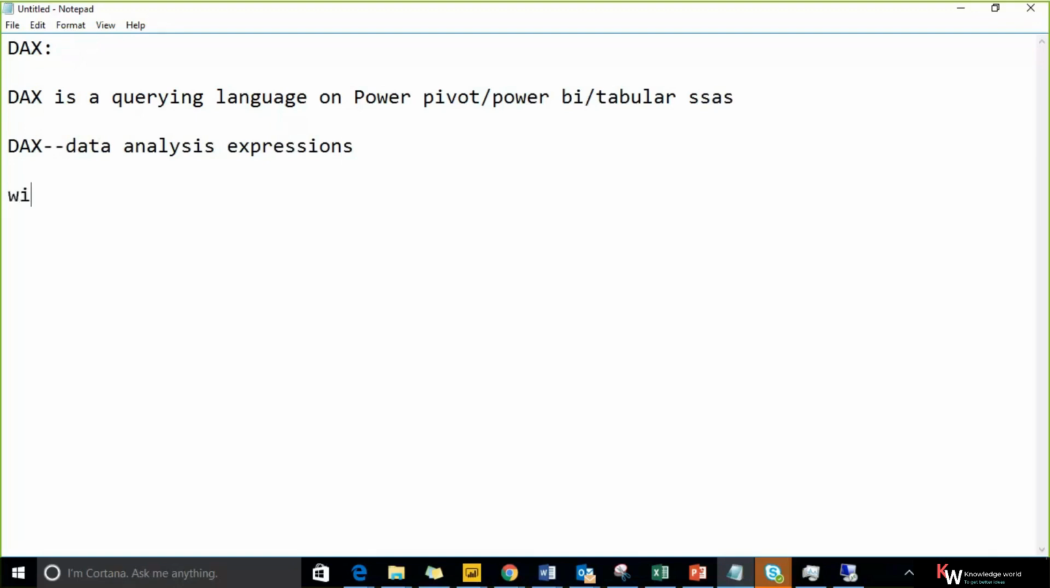With the help of DAX, we can create columns, you can create measures, you can create a table. So with the help of DAX, you can do three things: you can create a column, you can create a measure, and you can create a table. And here you cannot perform